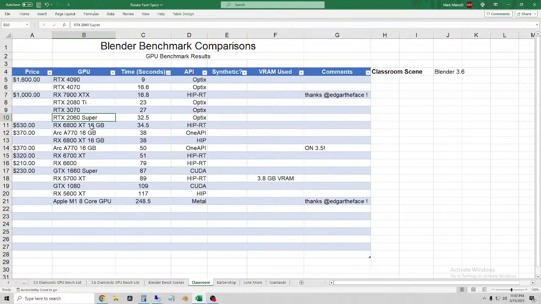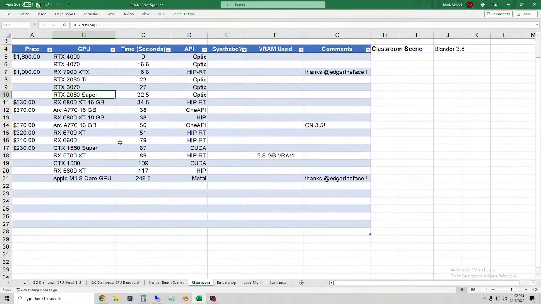Going down the list, a 2060 Super is about twice as slow as a 4070 or a 7900 XTX. So two 2060 Supers will make up one 7900 XTX. Depending on the price, those might be a good buy. They're not awful on power either. I'm not sure what they go for used. There aren't a lot of them new now, but